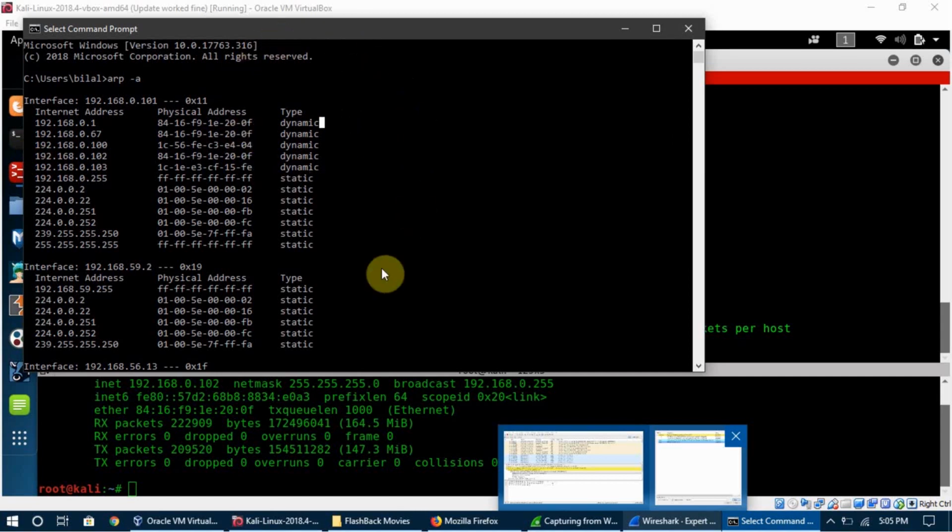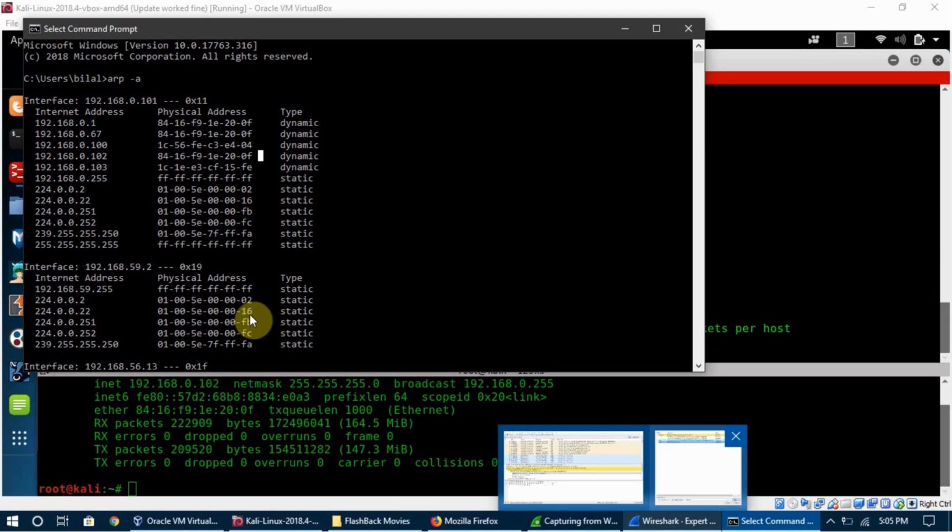So a security measure you can take, if you are in a small organization or only using a home network and you want it to be very secure and you don't want anyone to be a man in the middle of your network or capture your packets, is to hard code these values. We have been talking about that earlier too, that these values can be hard coded and then they will be static.